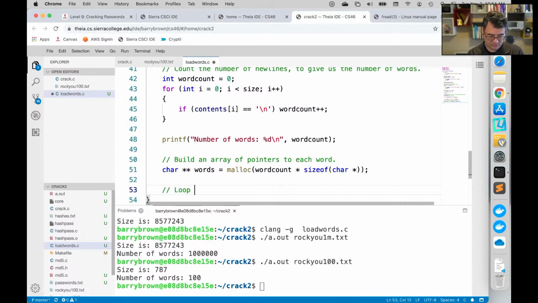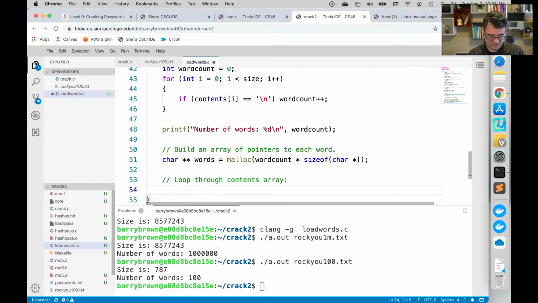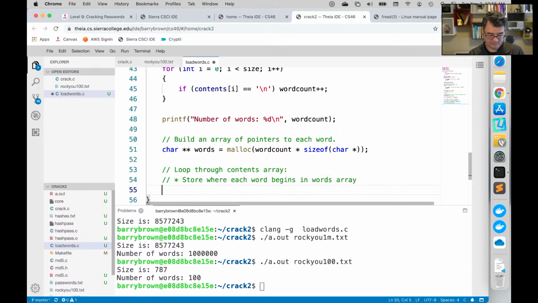So we're going to loop through the contents array. Store where each word begins in the words array, and then also replace newline with null character.